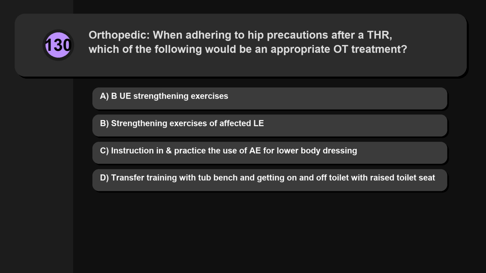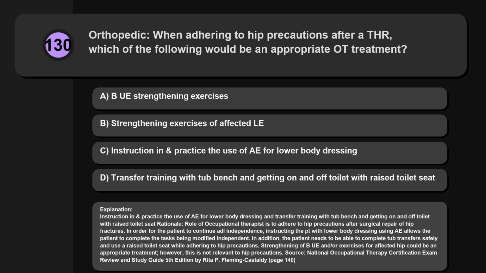Orthopedic. When adhering to hip precautions after a THR, which of the following would be an appropriate OT treatment? Option A, BUE strengthening exercises. Option B, strengthening exercises of affected LE. Option C, instruction and practice the use of AE for lower body dressing. Option D, transfer training with tub bench and getting on and off toilet with raised toilet seat. The correct answer is option